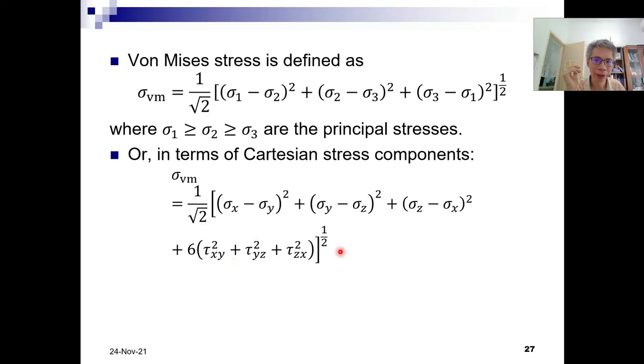Okay. This theory predicts the material will yield if the effective von Mises stress exceeds the yielding stress based on the uniaxial tension test. Okay, that's basically like this. So it is kind of converting the stress to one quantity, right? That's the benefit of the von Mises stress. We may have many components of stress, and then we convert them into one useful piece of information, that's von Mises stress.